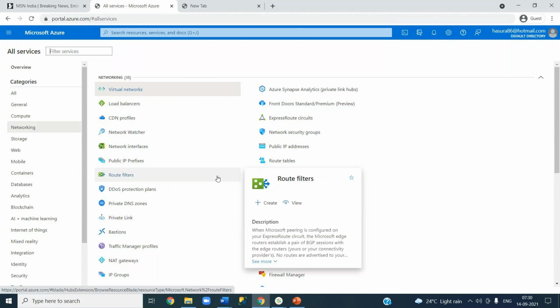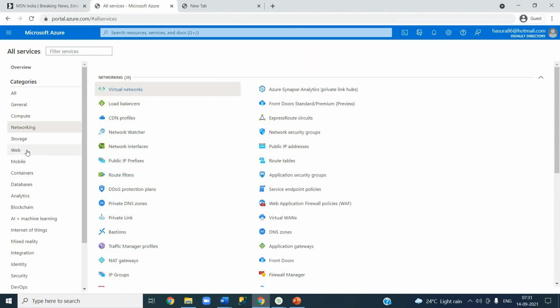And networking, as I told you, you can relate to it. If you are working in a physical data center, as I told you, you need at least five different teams: network administrator, server administrator, storage administrator. Once your data center is built by all these people, your developers or your project teams use the servers, and all those things come here: web features, mobile features, containers, databases. All these things will be used by your development people, but access will be given by the cloud administrator.